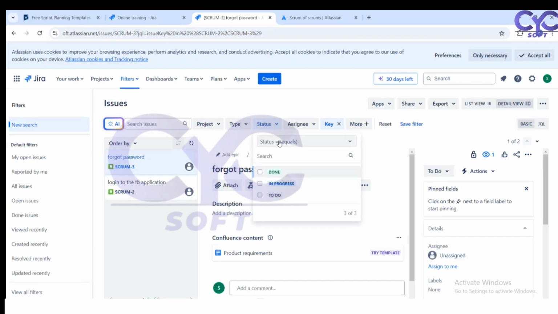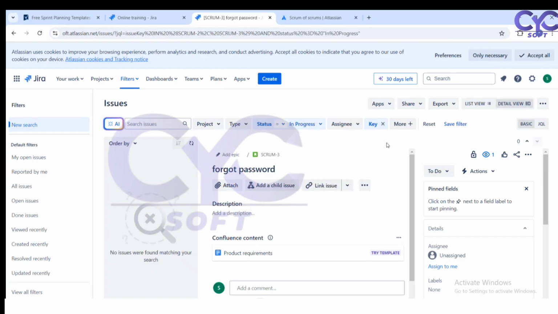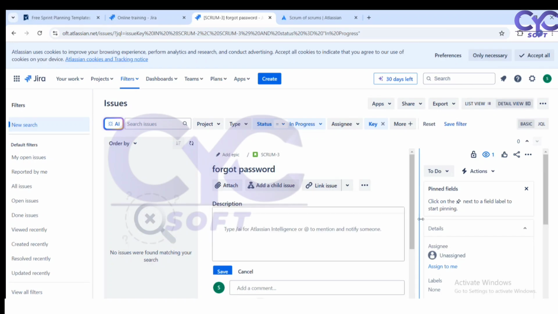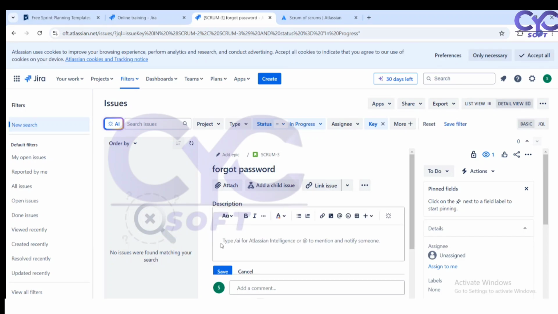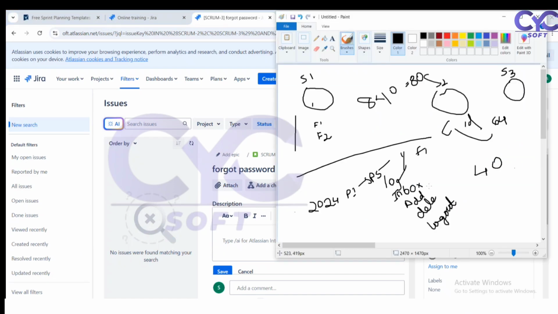If you want to make the status as in progress, you can make it in progress. Suppose you have started working on this task, you can move it to in progress. Like I have completed. So actually, what we have here for this user story for the login to the application